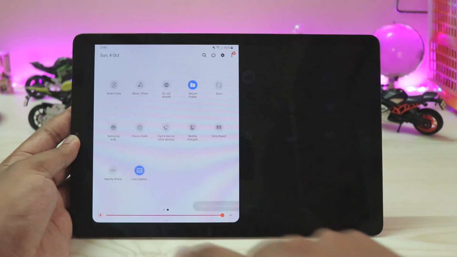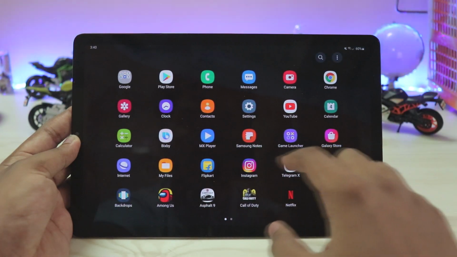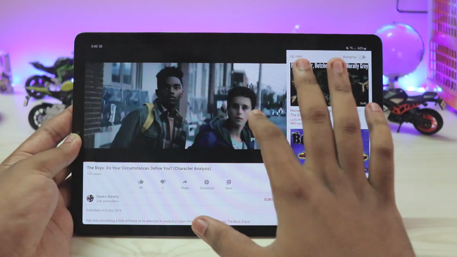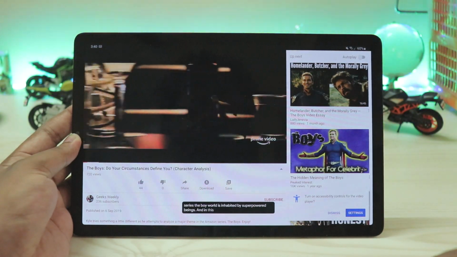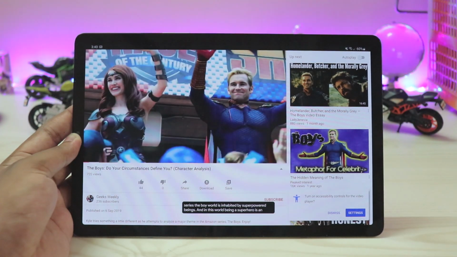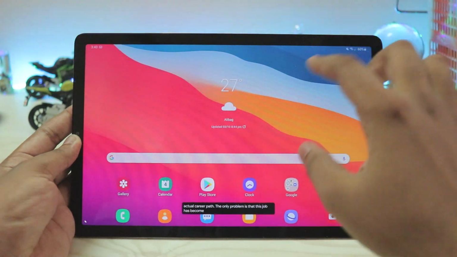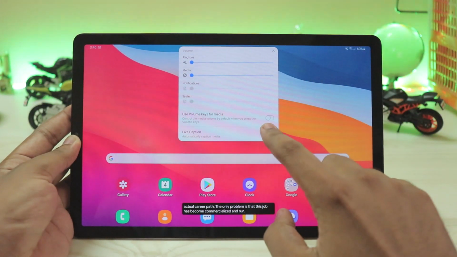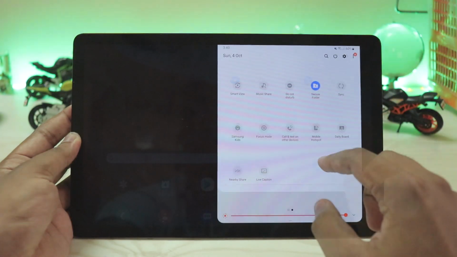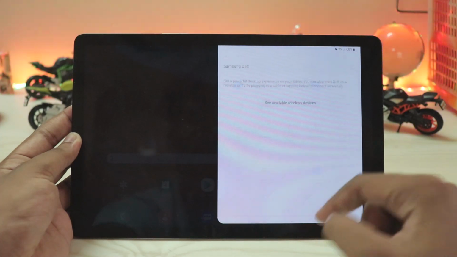Again, you have the live caption right over here. This is a Google Pixel feature where if you go to something like a YouTube video, it will auto-generate captions for everything. As you can see, it's now working. So if you're just watching the news on a bus and you can't really hear it, this is a very handy tool. Again, it can be toggled even with the volume panel, just right there. Very handy feature, to be honest. A few toggles do seem to be updated, like the quick share, but otherwise everything is just the same.